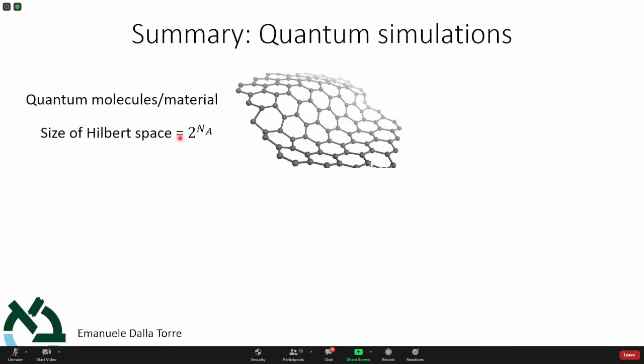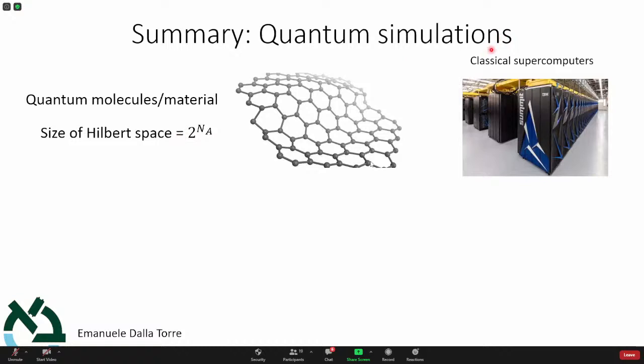By the way, this is an interesting side comment: although there are a lot of equations, actually these are just linear equations of motion, right? The Schrödinger equation is linear, so you have a huge number of equations of motion, but they are just linear. Unlike in the classical case, where you have fewer equations, but non-linear. So classical mechanics is also complicated, but for a different reason. Quantum mechanics is complicated because although it's just a linear algebra problem, it's a linear algebra problem with a huge matrix that grows exponentially. And so how can you solve it?